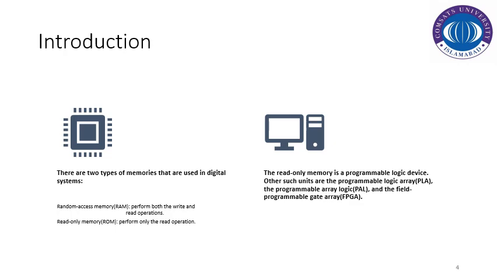The ripple counter is a counter in which the output of one flip-flop triggers the next flip-flop, and the count sequence is initiated. We discussed several examples, for example, binary ripple counter and BCD ripple counter, and then the decade counter, 3 decade counter, and then we switched to the synchronous counter, and we said that synchronous counters are the counters in which all the flip-flops are triggered at the same time and are synchronized with a single clock source. Now let us see what we have to discuss for the memories.